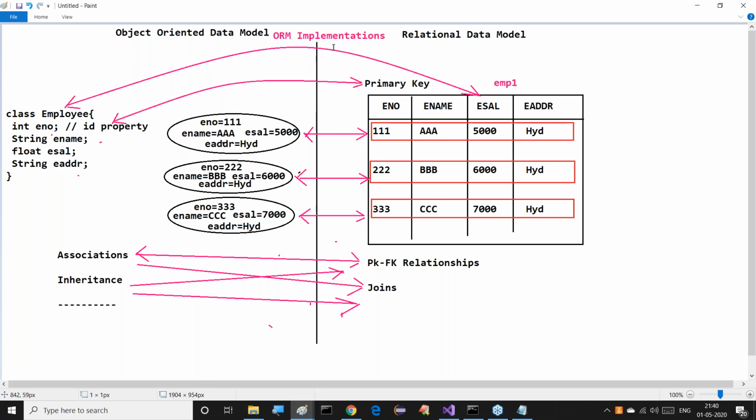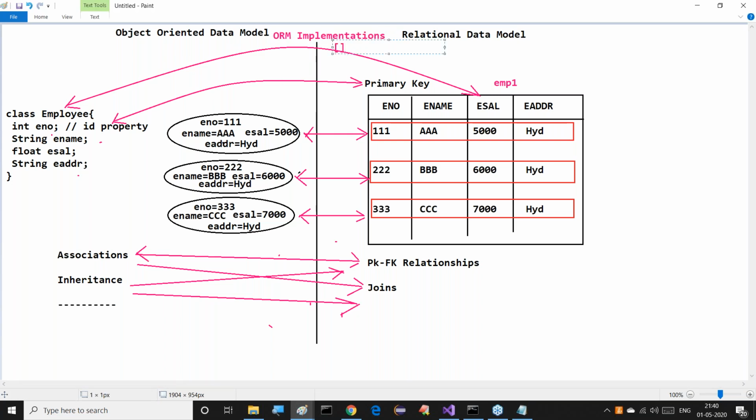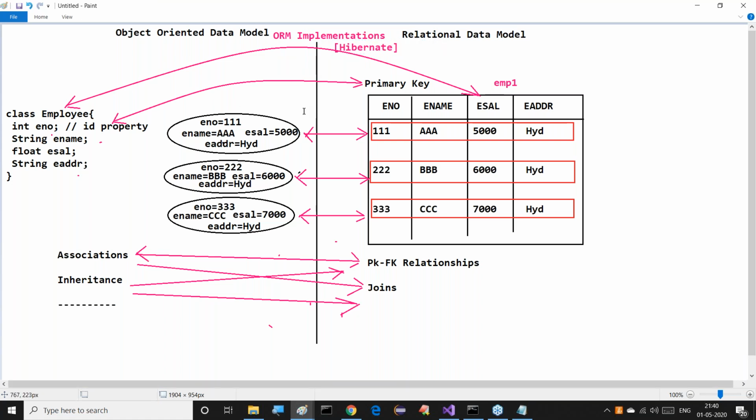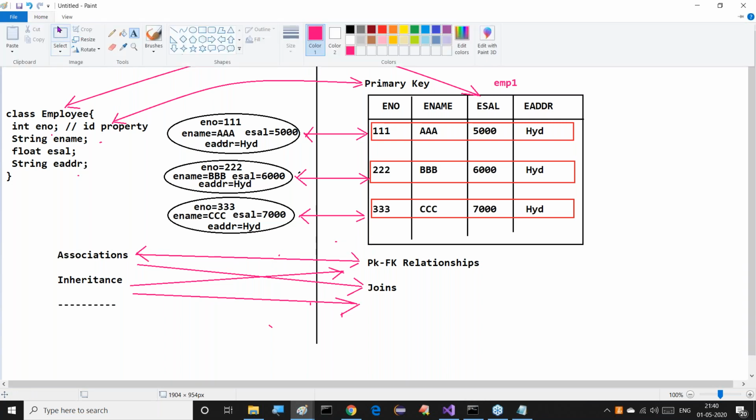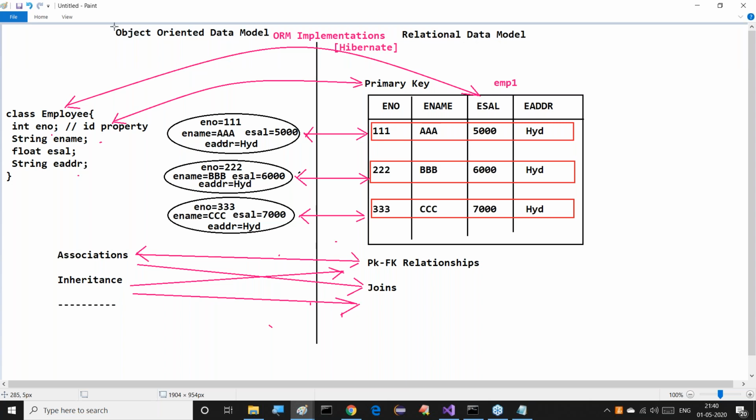One of the implementations is Hibernate. This is exactly the requirement. Hibernate, as well as other ORM implementations. This point is clear now.